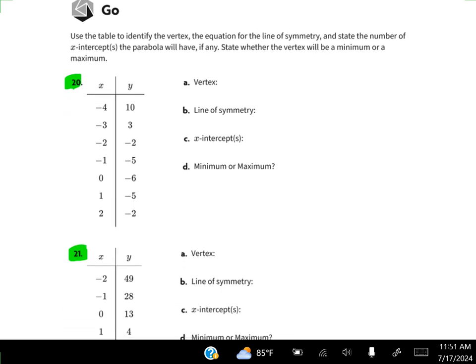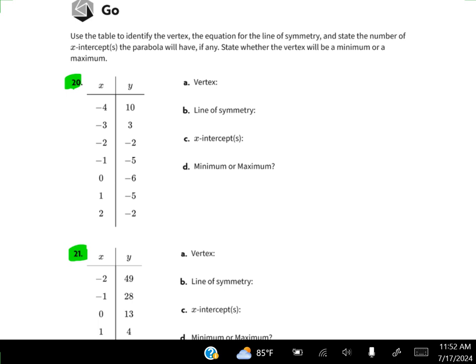All right, so we have number 20 and number 21. The first thing we need to do is find out where the vertex is. And if there's one thing to think about, at least for these problems with the vertex, is that it's kind of a change in direction. So finding the vertex,